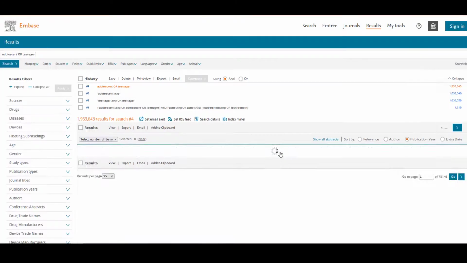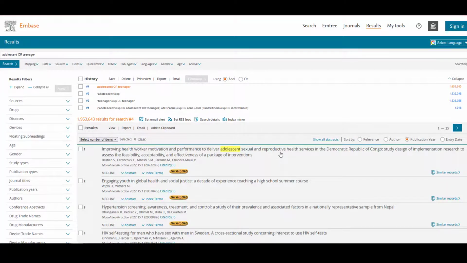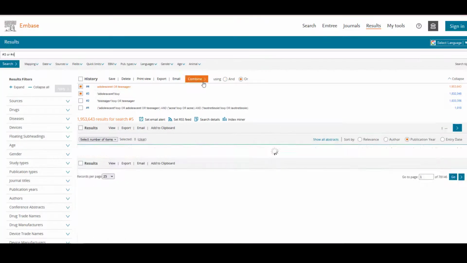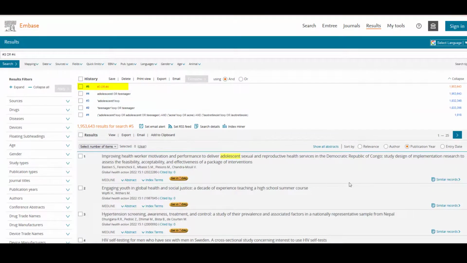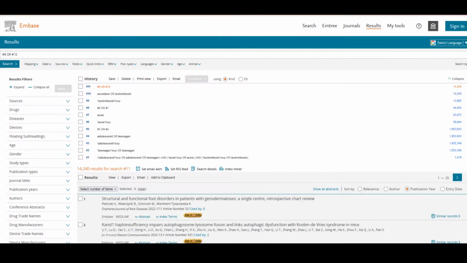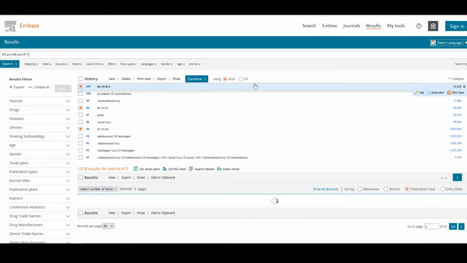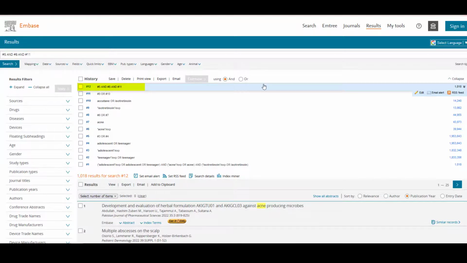We can now combine our adolescent Emtree and keyword searches in our search history by selecting the boxes next to searches 3 and 4, the OR operator, and then Combine. Our combined search is shown in search 5. After continuing the same process for the remaining concepts of acne and Accutane, we can then AND these combined searches together by selecting searches 5, 8, and 11, the AND operator, and then Combine. In other words, our final search, search 12, includes both Emtree terms and keywords for each concept of teenager, acne,